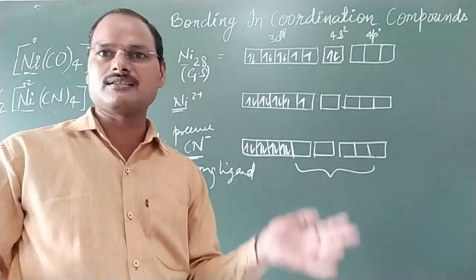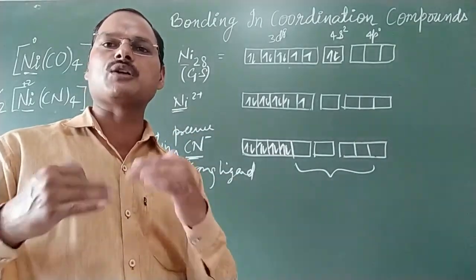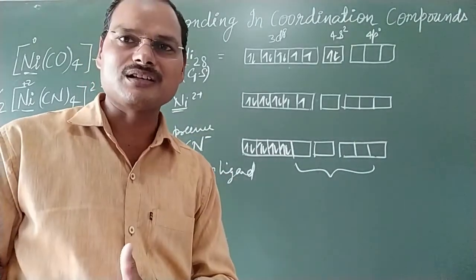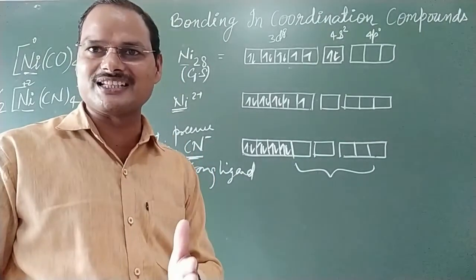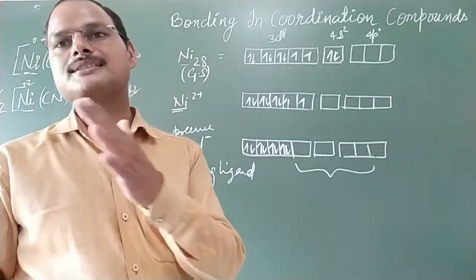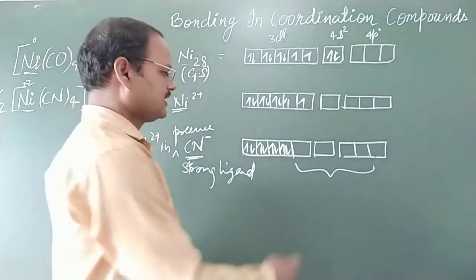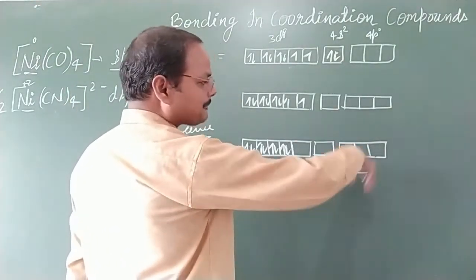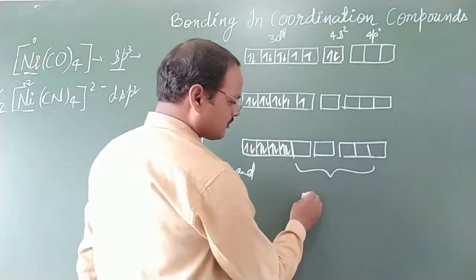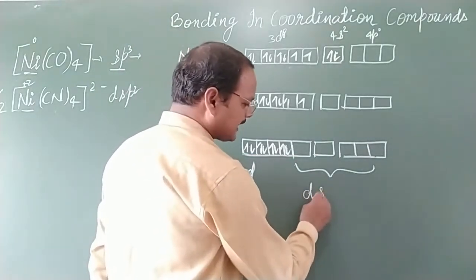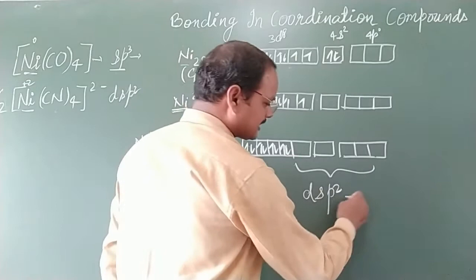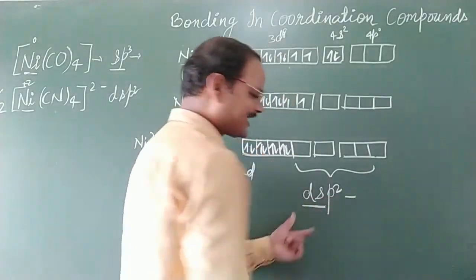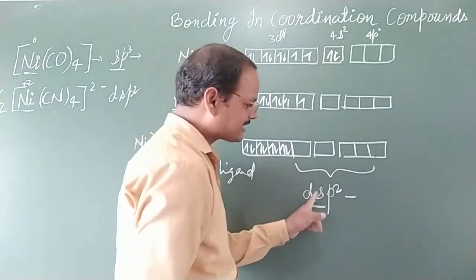They will mix their structures and there will be formation of a new type of orbitals with the same energy and the same type of shape. It means hybridization will take place in these four orbitals, one d, one s, two p, and therefore the hybridization will be